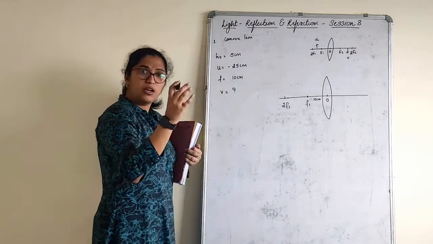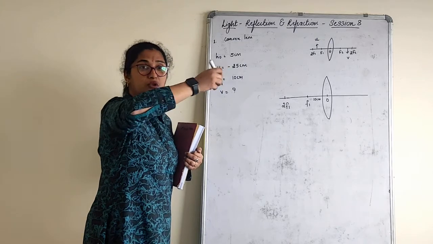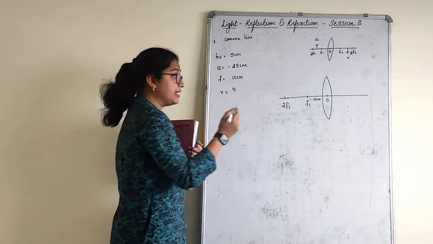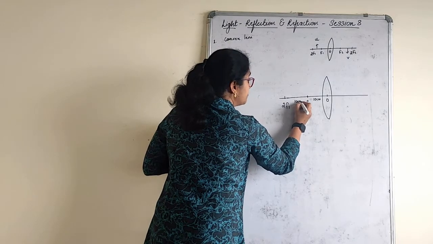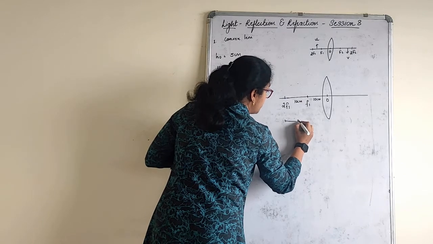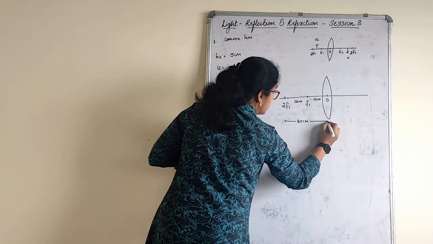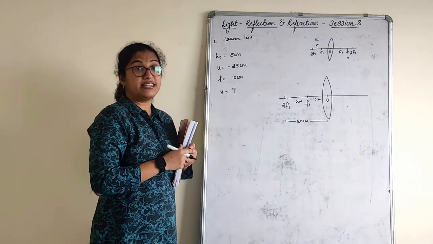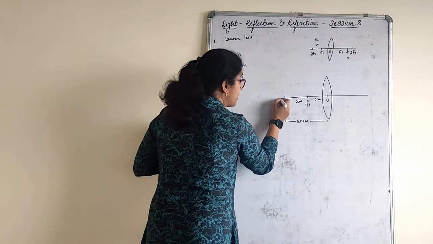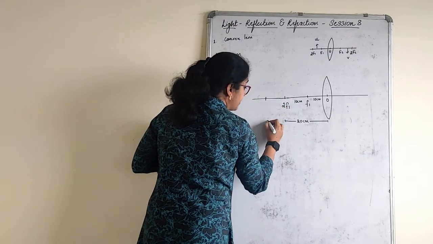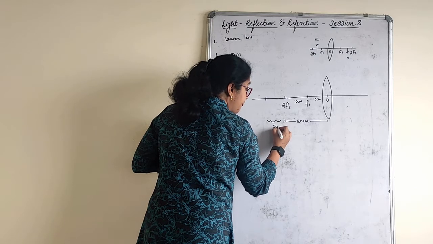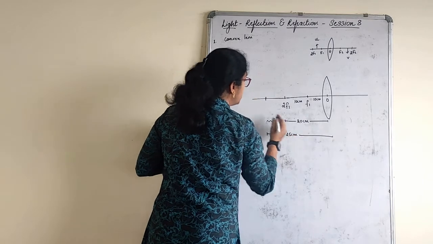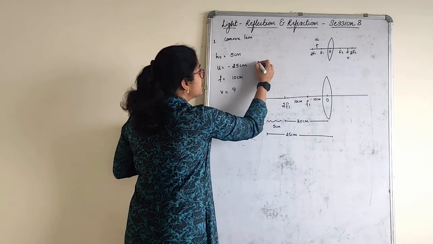Then what should this be, children? Whatever distance we take from the optic center to the focus one, the same distance we take from the focus one to twice the focus one, right? So this is also 10 cm. That means from twice the focus to the optic center is 20 cm. Where is the object placed? 25 cm. So where should I place the object? I should place it somewhere here, where this distance is 5 cm, so total 25 cm from the lens. The object is placed